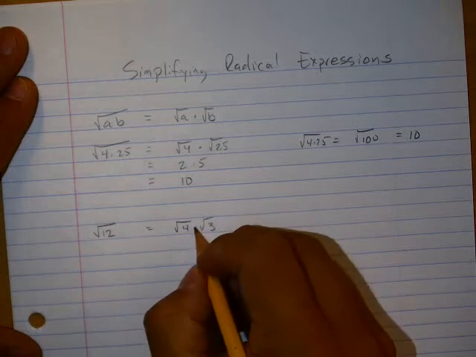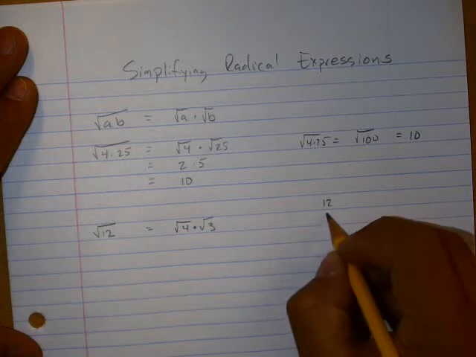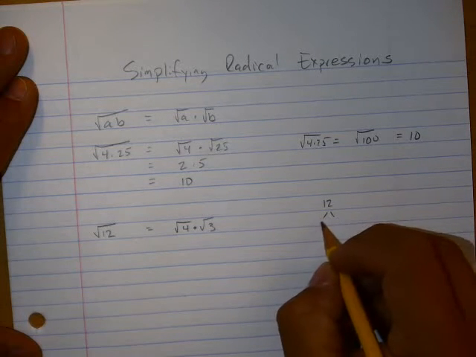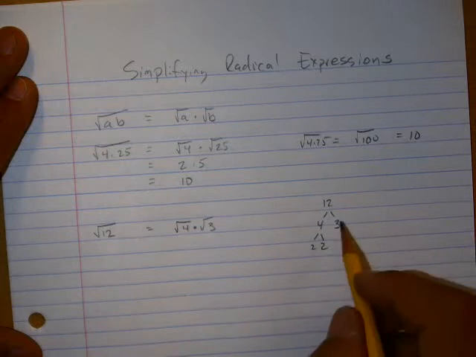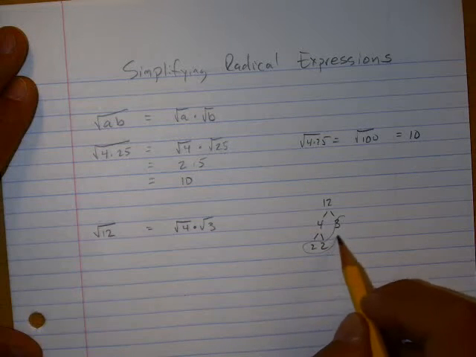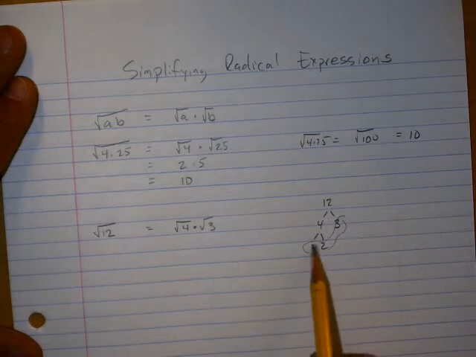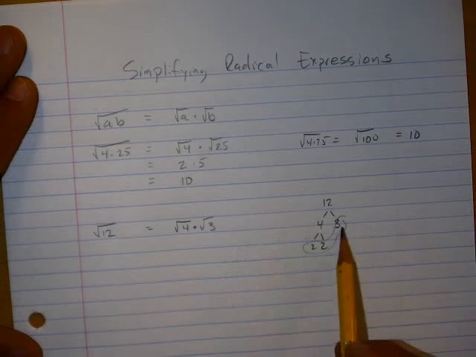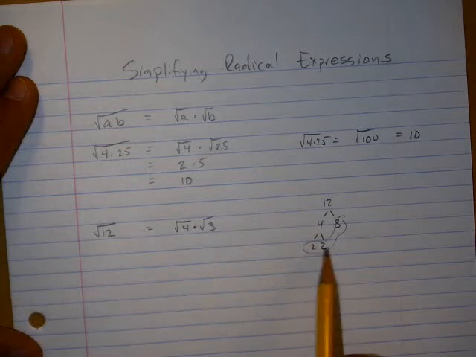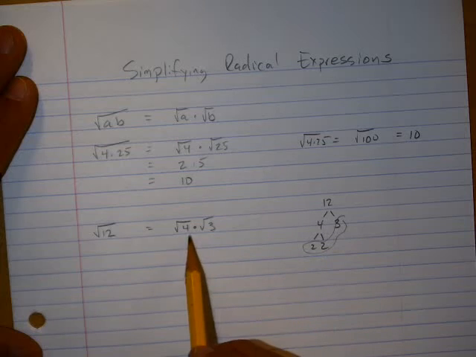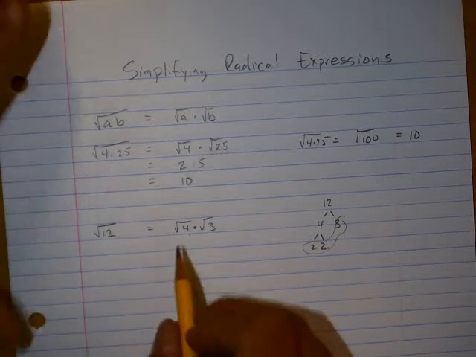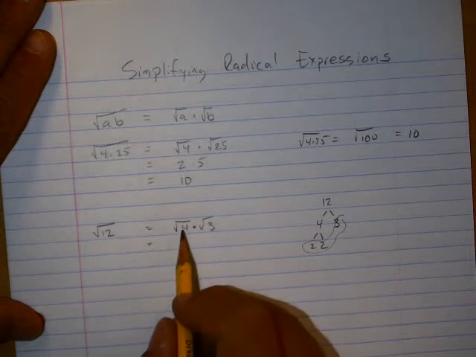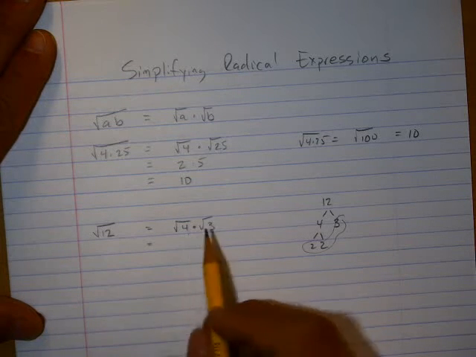Well, how did I get to this? Well, I'm just going to do the prime factorization here. And the numbers on the end of my factor tree are my prime factors. And I know that one of them is 3, and since I have a pair of 2's, I'm going to rewrite that as 4. Now I can go through and simplify the square roots that are perfect squares, like this